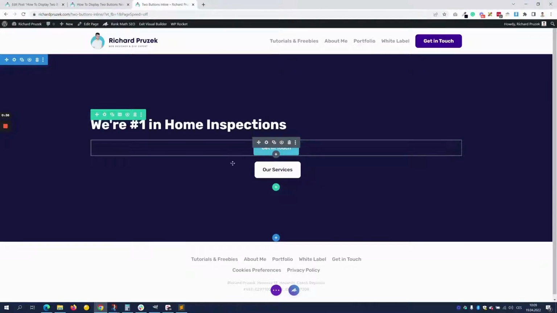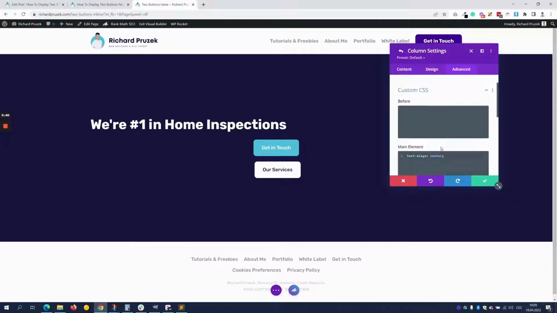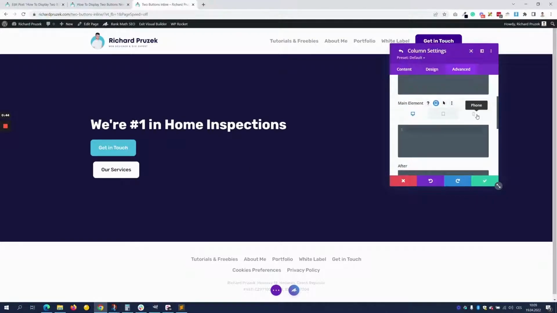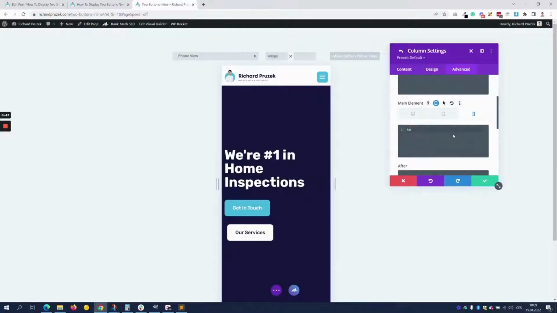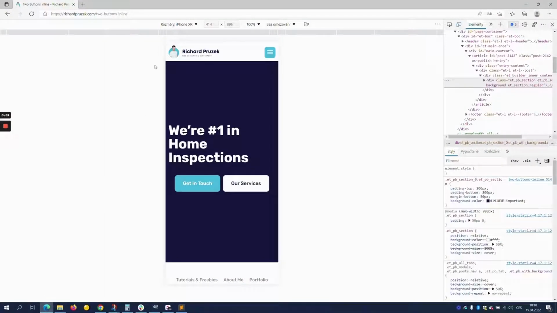centered on mobile. If you want to do that, simply go again to the column settings, custom CSS, you delete the code from desktop, you hit the mobile icon, change the mobile view, and say text align center, and that will only do the job for mobile. So when we save, and then when I look on the inspector simulating an iPhone, you can see that it